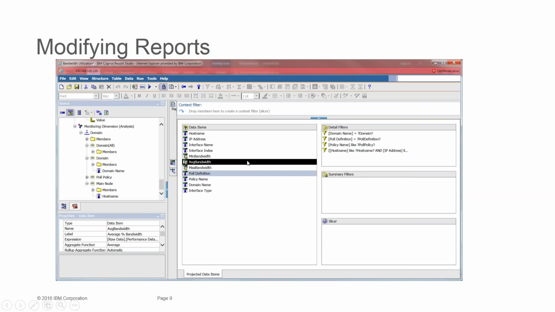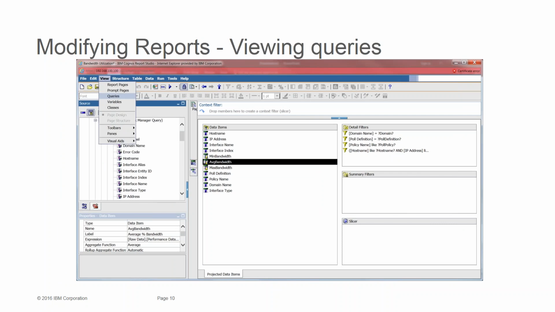One of the things I wanted you to see is that when you select one of the data items, on the right side you get the expression, which is the raw data dot performance. This tells you which fields are used, and it's the formula used inside the Cognos report designer, and I'll show you how to translate that into normal SQL. Okay, so one of the things you can do is, from the view menu, use the queries